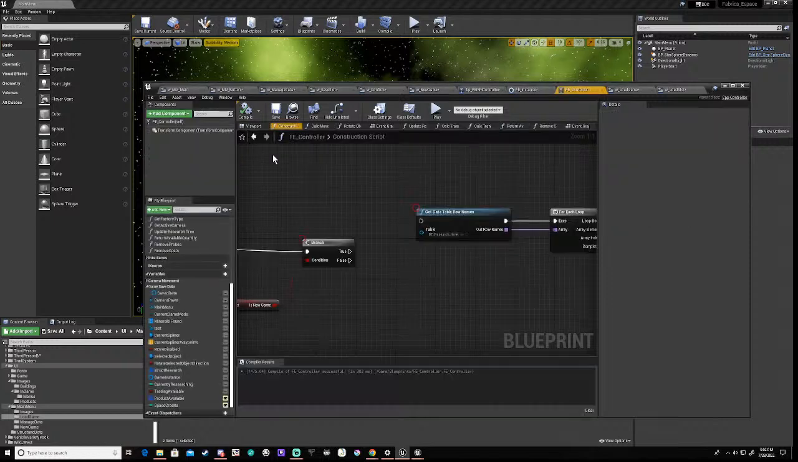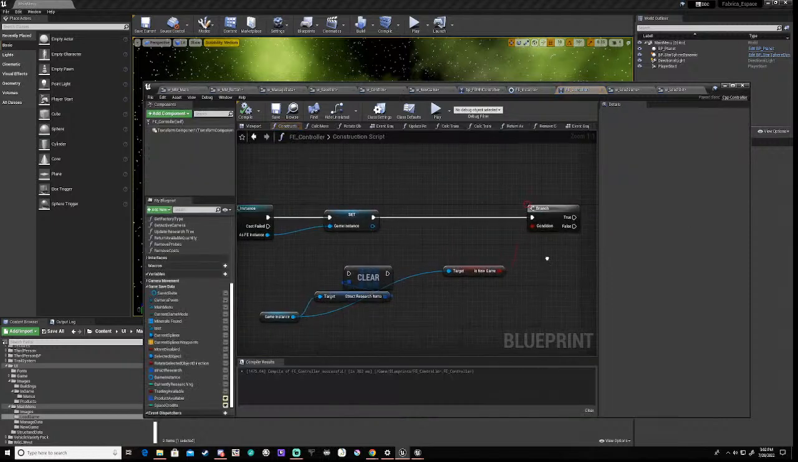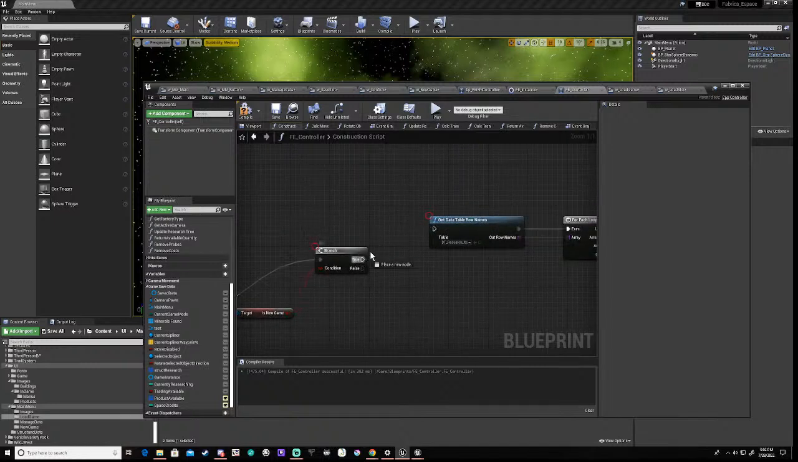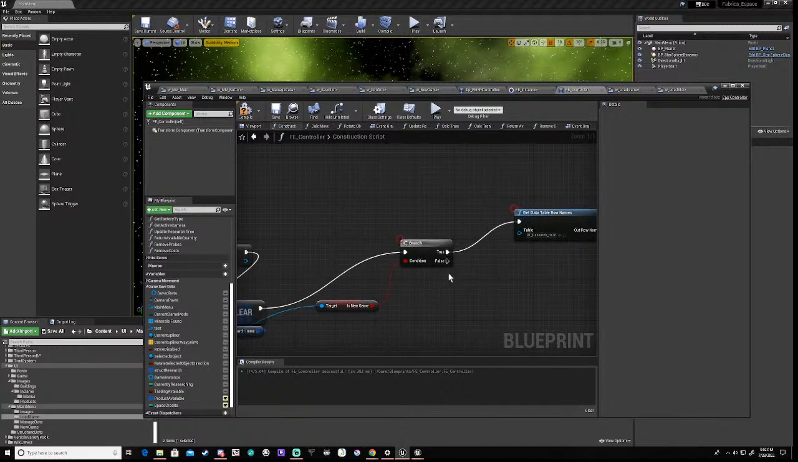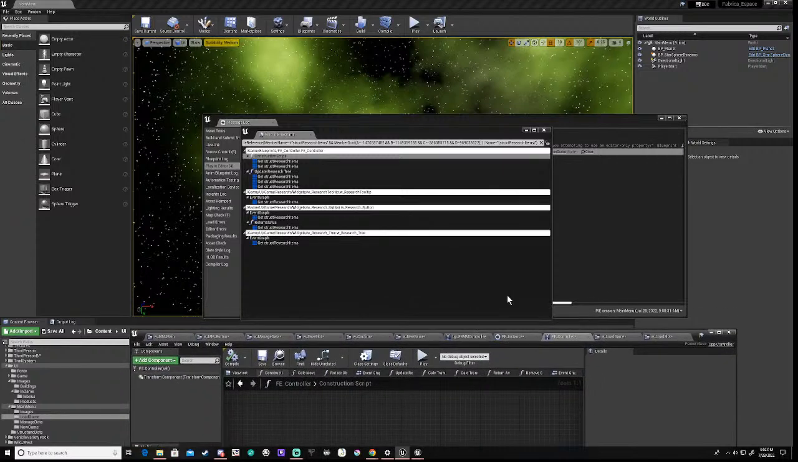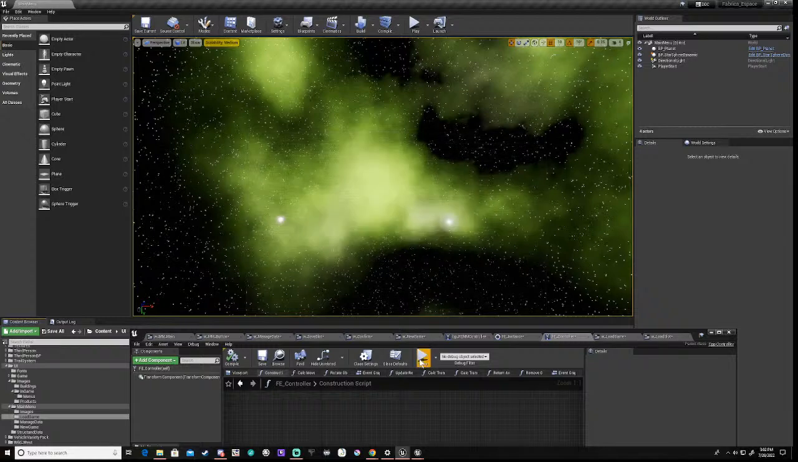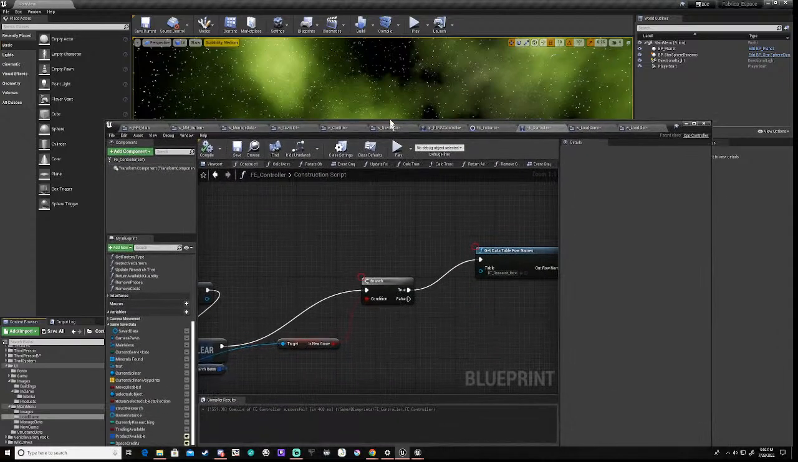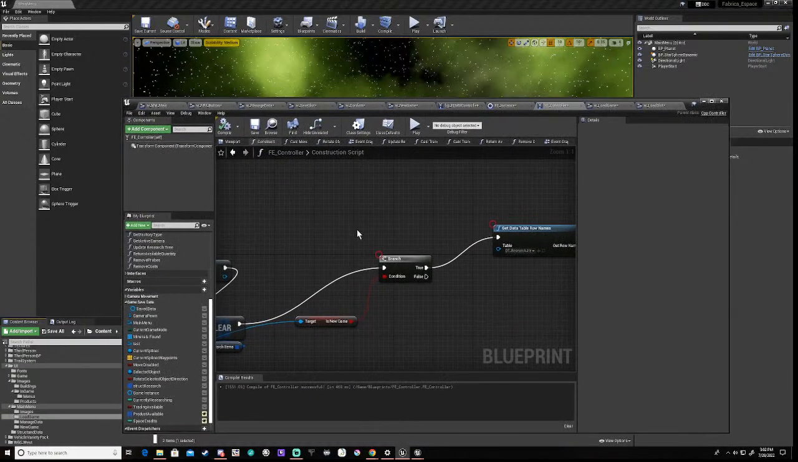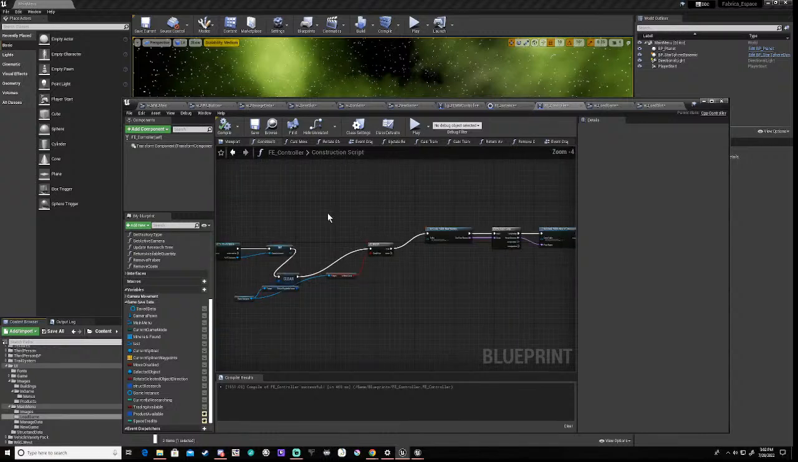Yeah, it's in here. It's in this construction script. So we shall add this back in. It isn't going to be part of it, but just to get it back up running again, and close that. We shall close that. And now what we're going to have a look at here